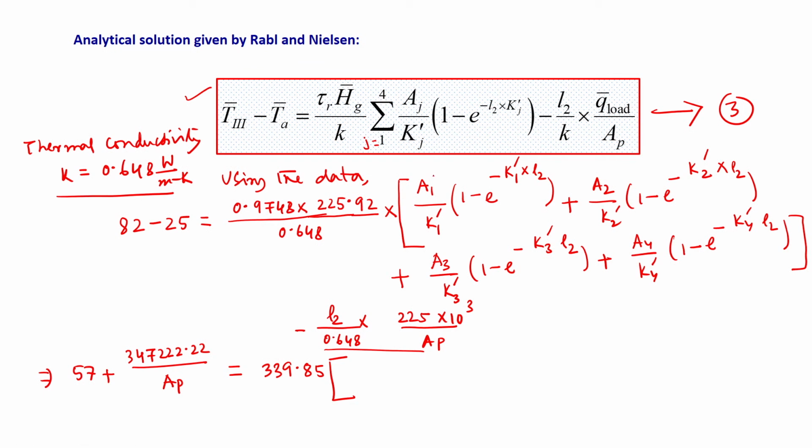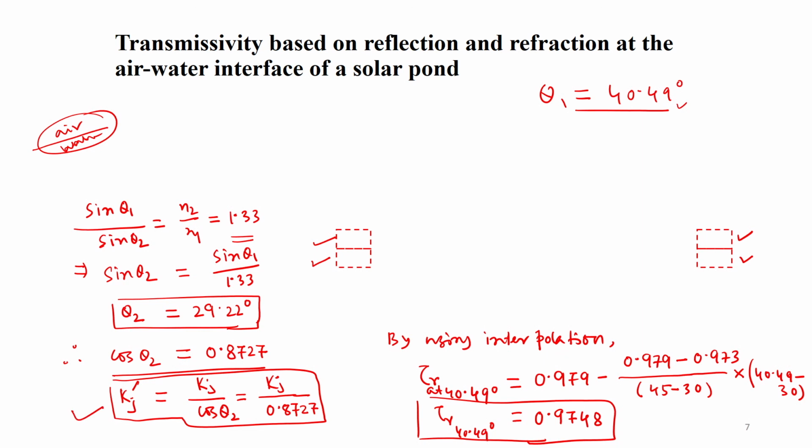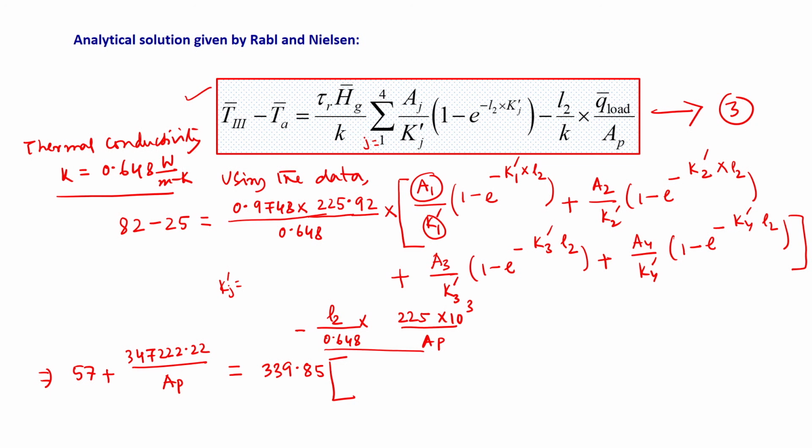Now, we will substitute, and these values are known to us. Of course, we know this Kj bar, we have already done. Let us see what this is. Kj dash is Kj by cos of theta 2. Okay. So, that way we know what Kj is here, and these values A1, A2, A3, A4, all the values are known to us. So, Kj dash will be Kj divided by cos of theta 2, which is 0.8727. Okay. So, these values are already given, so we can use those values. If we use those values, then this will simplify to something like,